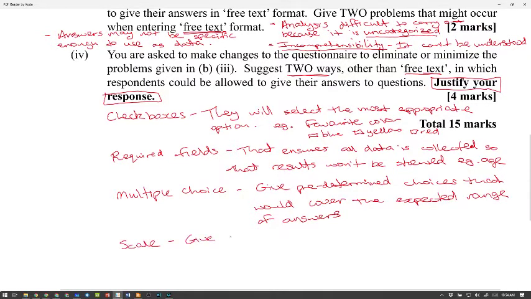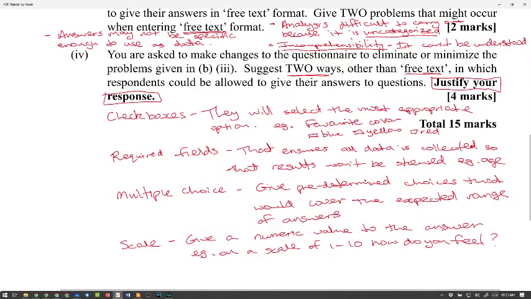Scale, give a numeric value to the answer. Example, on a scale of 1 to 10, how do you feel? Alright, there's probably more that we could put here, but you could kind of grasp the concept: you have to be able to give the way and then give some sort of explanation, because it says justify response. And once you see justify response, what you want to do is try to include an example